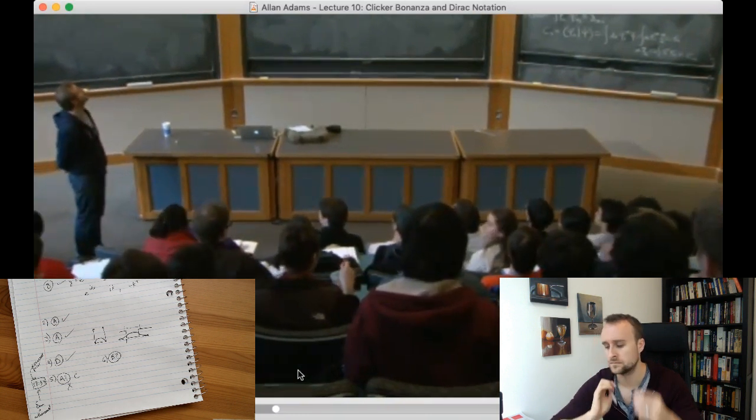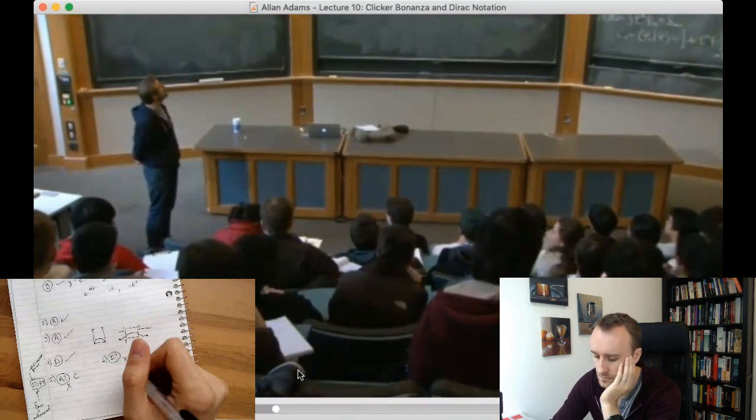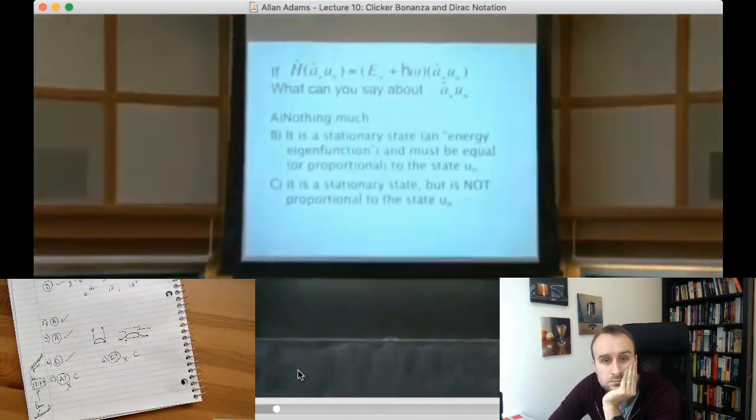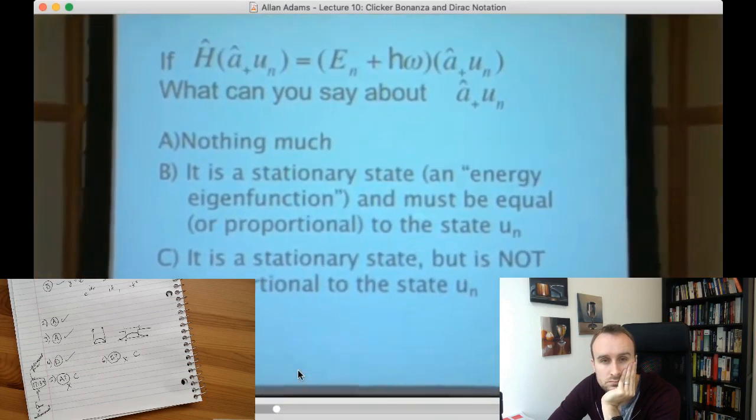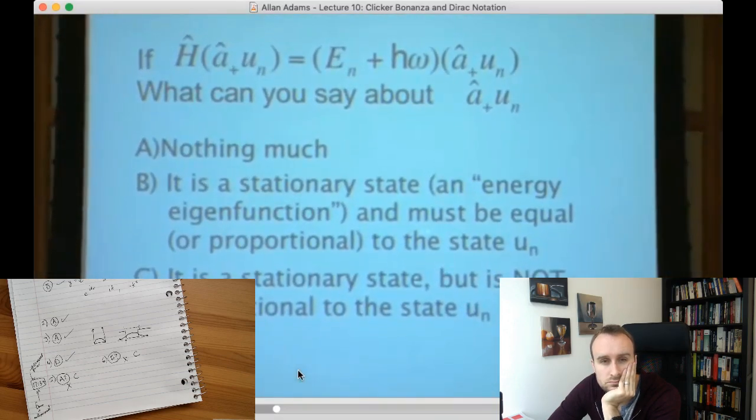So let me say that out loud. From the first line, it is clear that the object A dagger UN is an eigenfunction of the energy operator, right? And it's got eigenvalue En plus H bar omega. So it is a stationary state. It's an eigenfunction of the energy operator. However, it is not the same one because it has a different eigenvalue. So if what it means to be the same energy eigenstate is that it has the same eigenvalue,